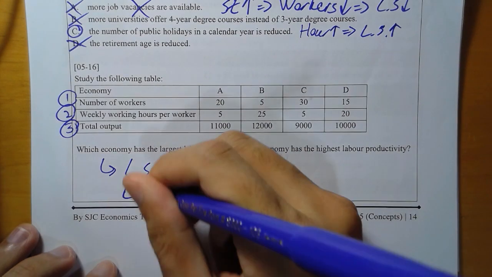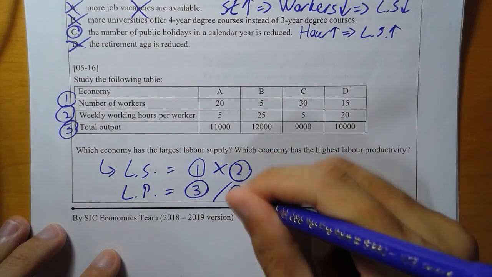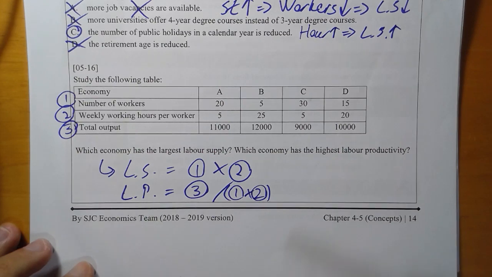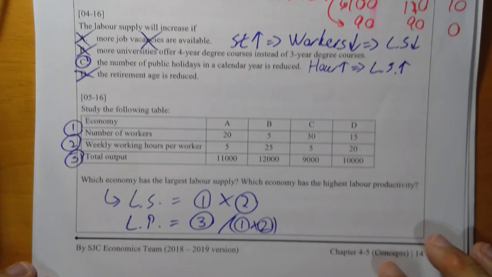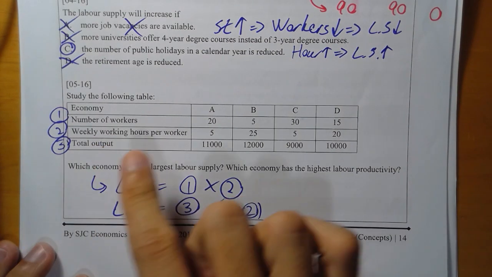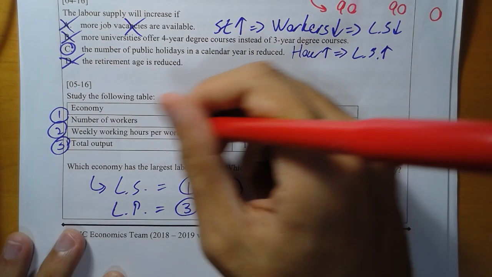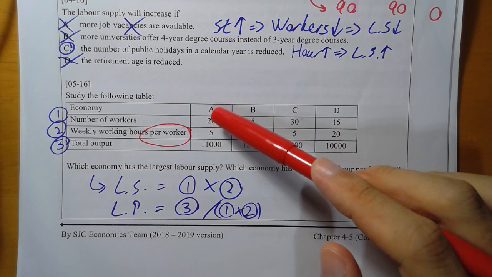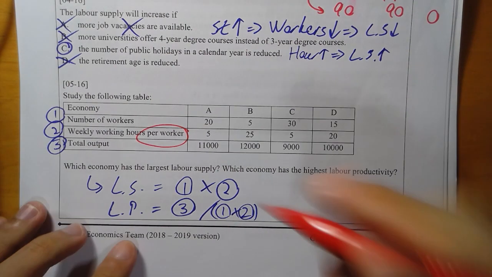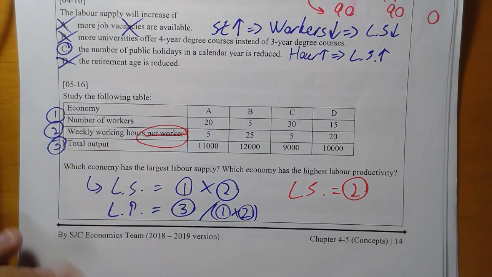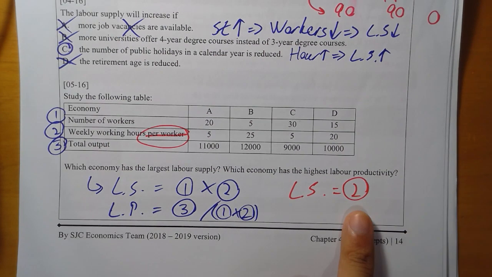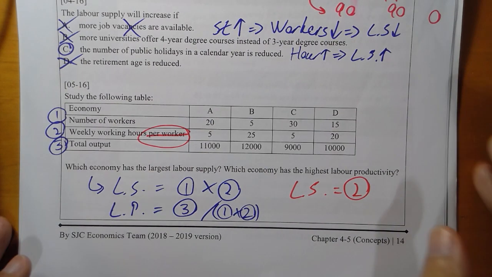Now for labor productivity, how do we calculate? It would be 3 divided by 1 times 2, total output divided by labor supply. 嗱，唔計啦，呢個自己計啦，好唔好？唔嘥時間啦。But one thing. Remember, here, weekly working hours per worker. That's the reason why you need to multiply by number of workers. If I cross it out, then labor supply would simply be 2. It would become total working hours. 係咪？Then labor supply would simply be 2. 就係2號仔咁簡單啦，得唔得？